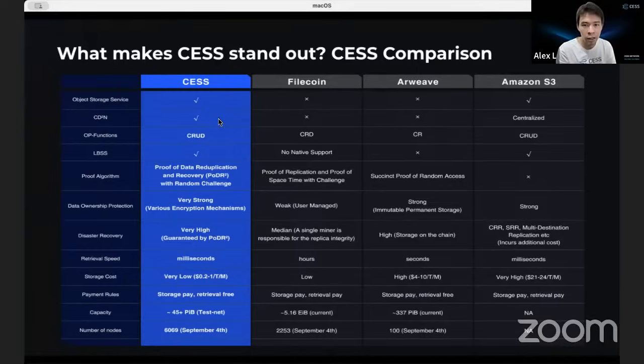And CESS also offers its own decentralized CDN network, which ensures fast and secure content delivery. Even S3 provides this, but it is centralized once again. And Filecoin and Arweave don't have their own CDN services. Then CESS also provides full CRUD operations, which is create, read, update, delete, same as S3, but in a